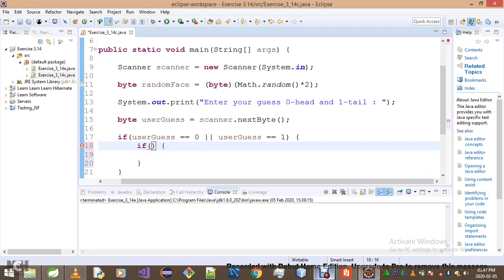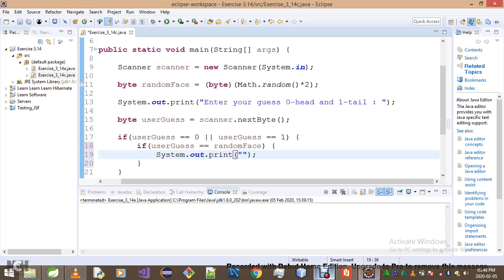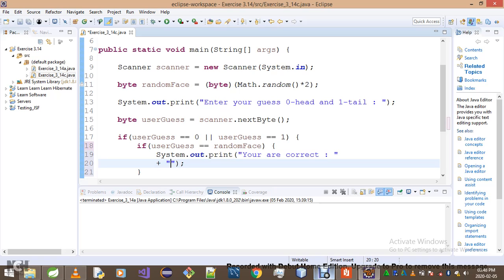So what you want to do in that case, you want to check if userGuess is equal to randomFace. In that case we know that our user is right. So let's see how we're going to go about displaying our output. This is what we're going to do. We'll simply go, you are correct. However, that's not the only thing. That will make our program less user friendly, right? We've got to say, your guess was